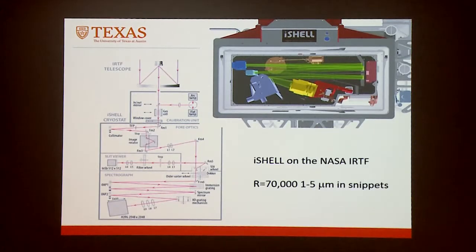This is another new generation instrument. This is iShell at the NASA IRTF. This instrument uses one of our immersion gratings, which I'll talk about later. It's a 1 to 5 micron high resolution spectrograph. It has a resolving power of about 70,000. It only covers the full spectral range in snippets, and the reason for that is that it's impossible to get the whole thing on a single detector at once, first of all, and then second of all,